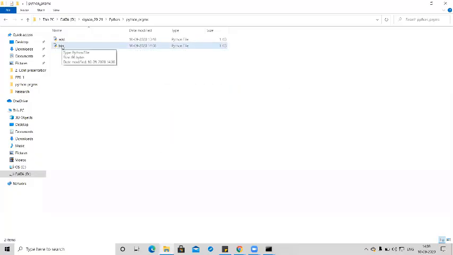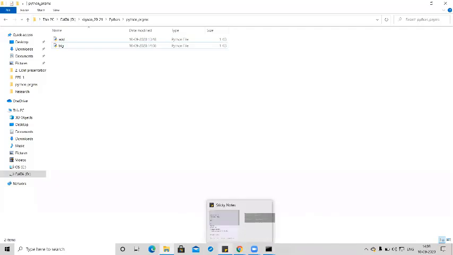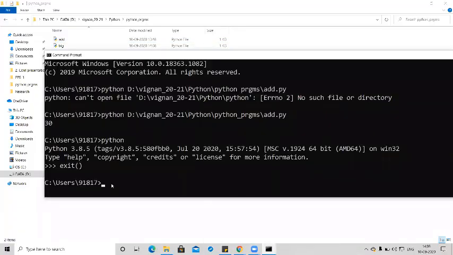So here I created one file with code for finding the big number. Now I am moving to this one. What is my file name? Big.